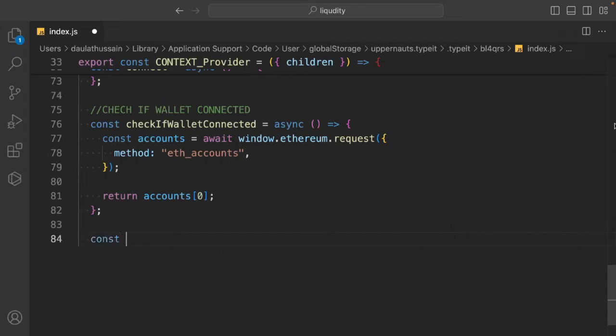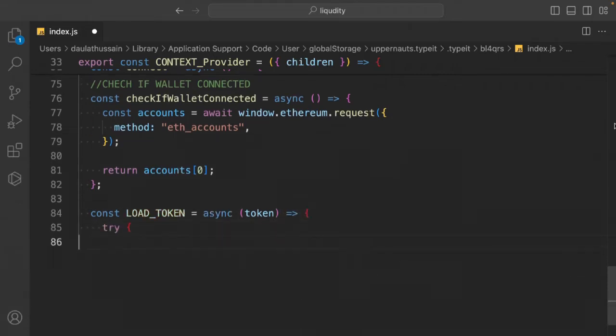Now we can come back here. Let's build this loadToken, and this particular function is going to load the information about the token for which the user wants to create liquidity. So we'll say await async. In that we have to simply pass the address. Remember, we have to pass the address of the token,